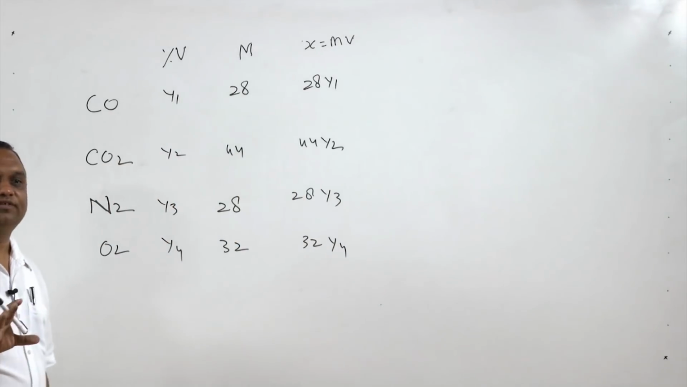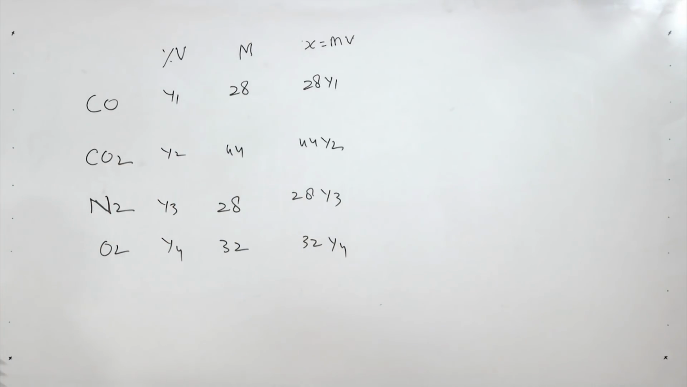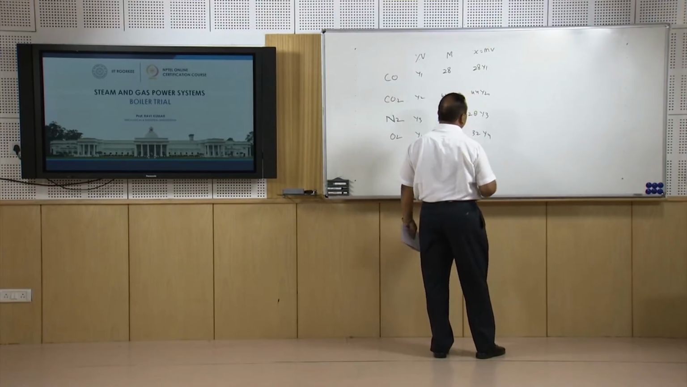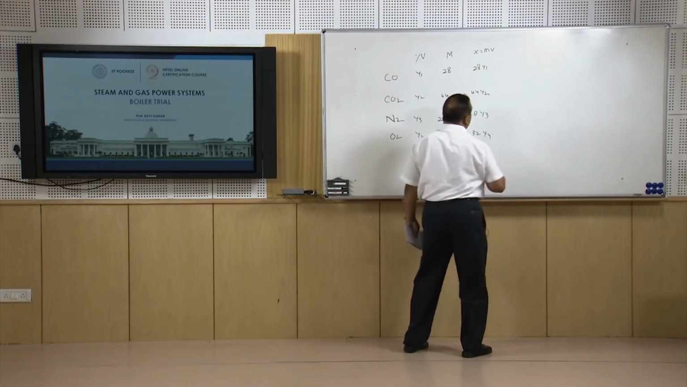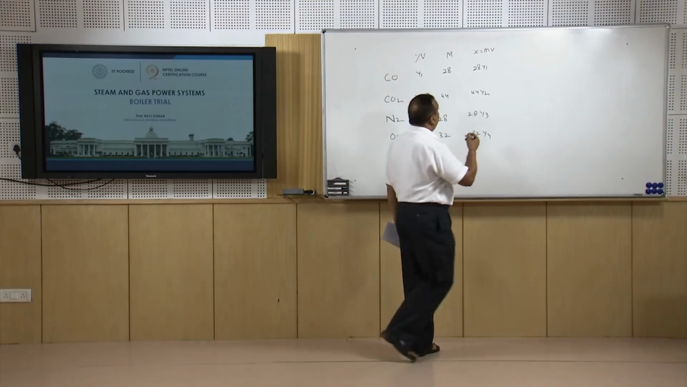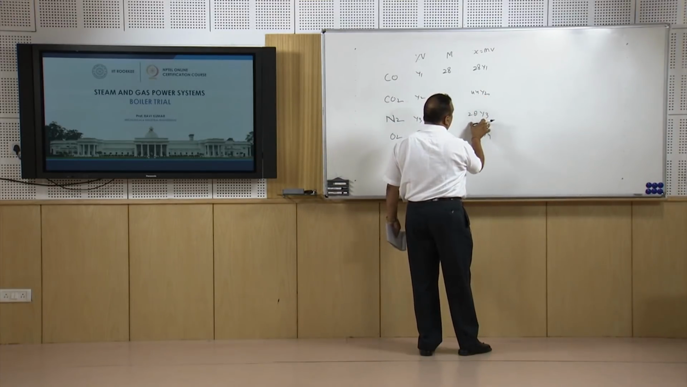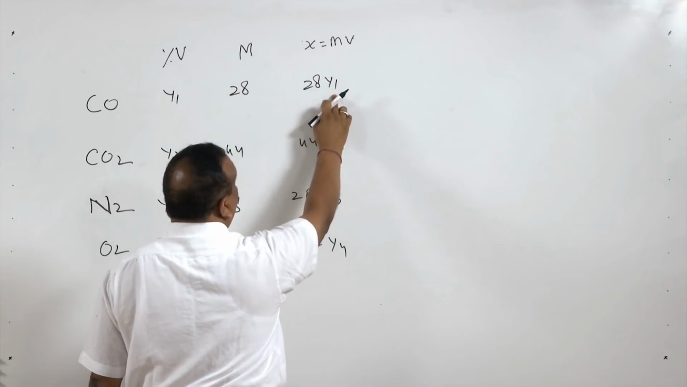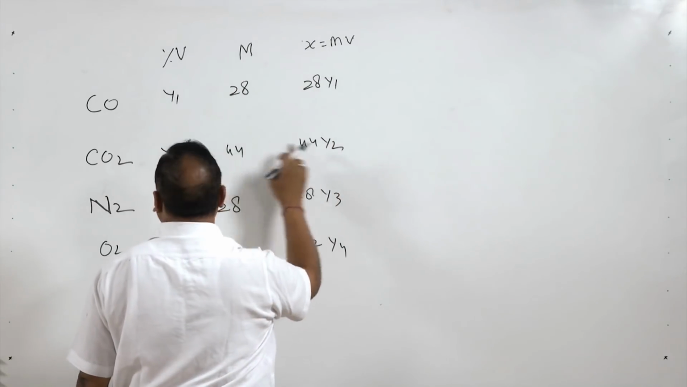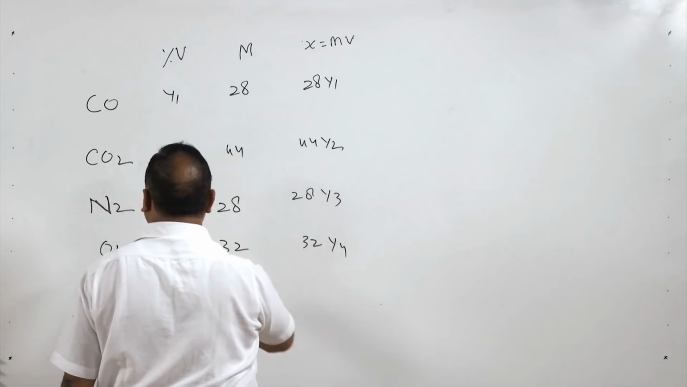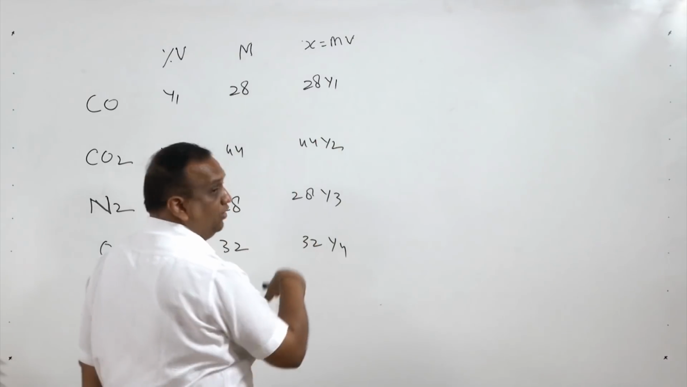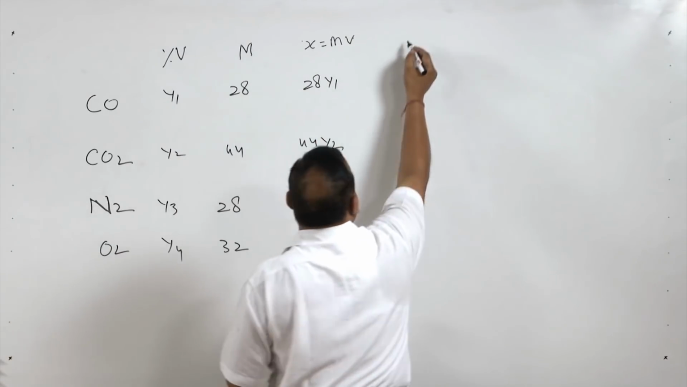Again, we are working on the same principle: 1 kilomole will occupy a fixed volume, that is 22.4. Now, this is the composition ratio in percentage of mass. This is the composition of gas. It consists of 28 Y1 kg of CO, 44 Y2 kg of CO2, 28 Y3 kg of nitrogen, 32 Y4 kg of oxygen. Now again, in order to find the percentage by mass,